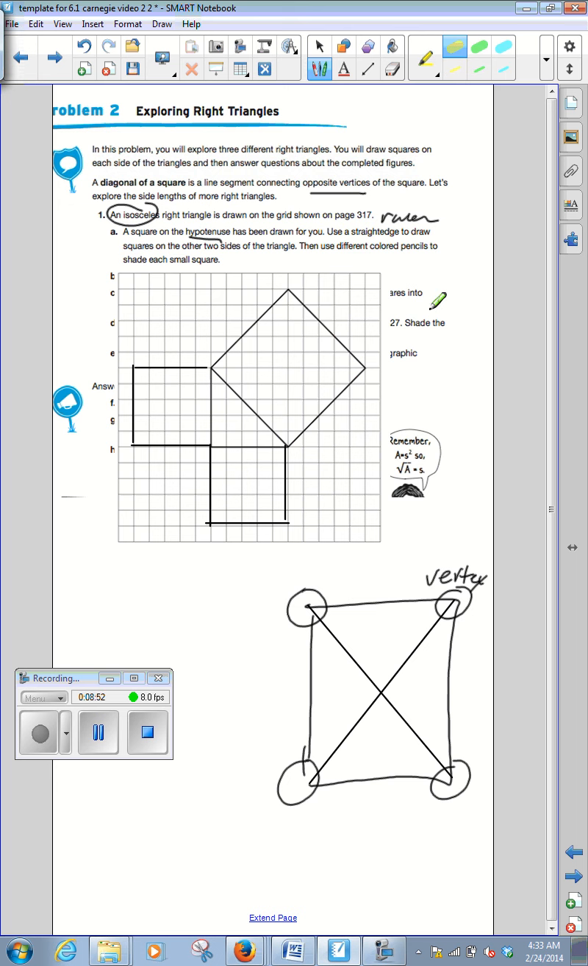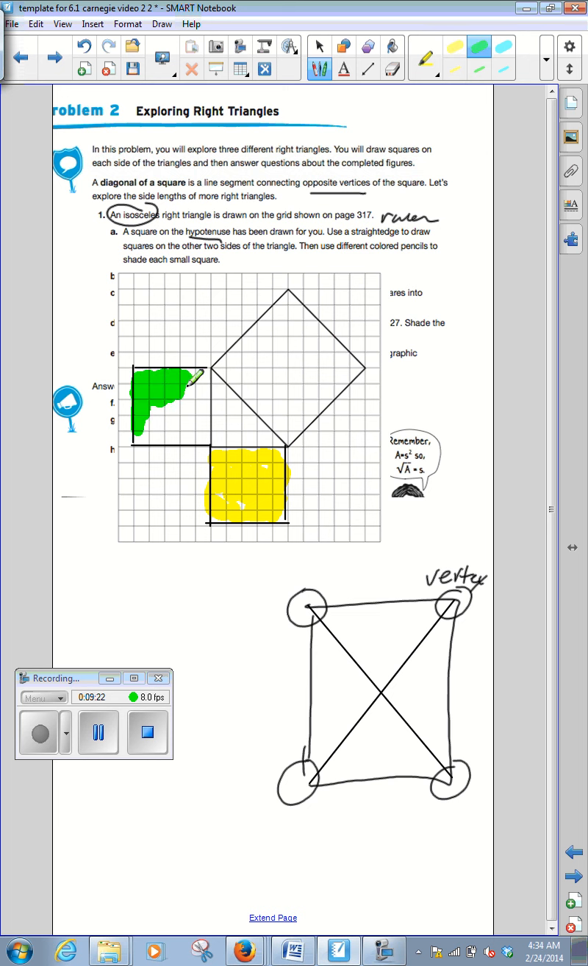In the next part, the directions say use different colored pencils to shade each small square. Okay, we are not using colored pencils in this class. We're going to be using markers. Make sure that as you're coloring them in, you don't have your other pages underneath, because sometimes they like to bleed. So I'm going to color in one of my rectangles